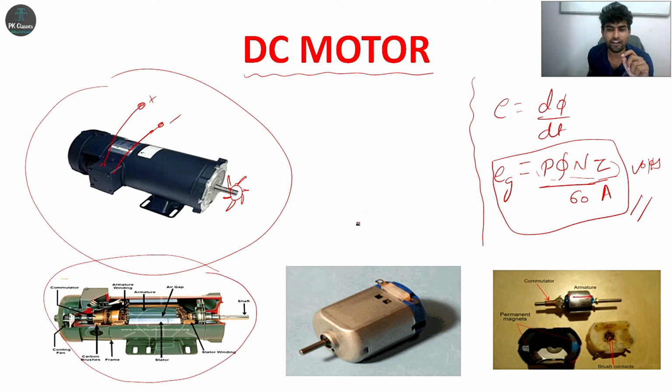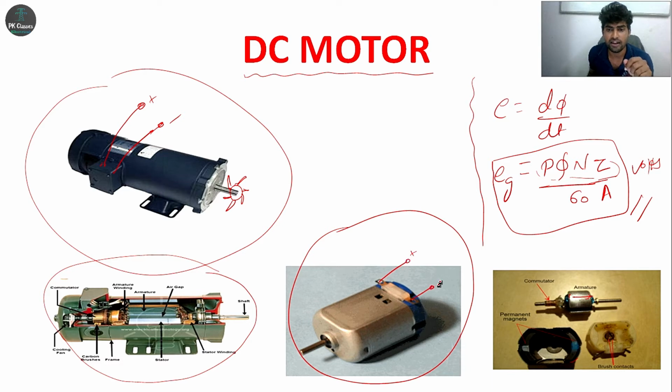I think you are all familiar with this diagram, right? From childhood days, remote cars, and at present trimmers and computer CPU cooling fans. You just give power supply here, just connect one battery, what happens? This shaft will rotate. I did this experiment when I was in second standard. These are the parts of this permanent magnet DC motor.